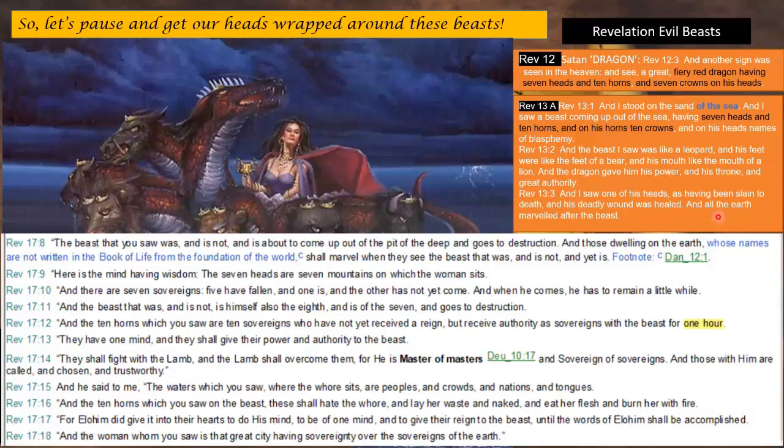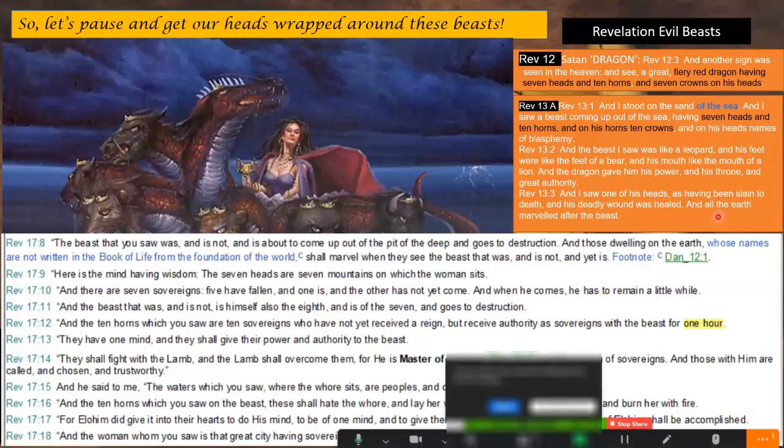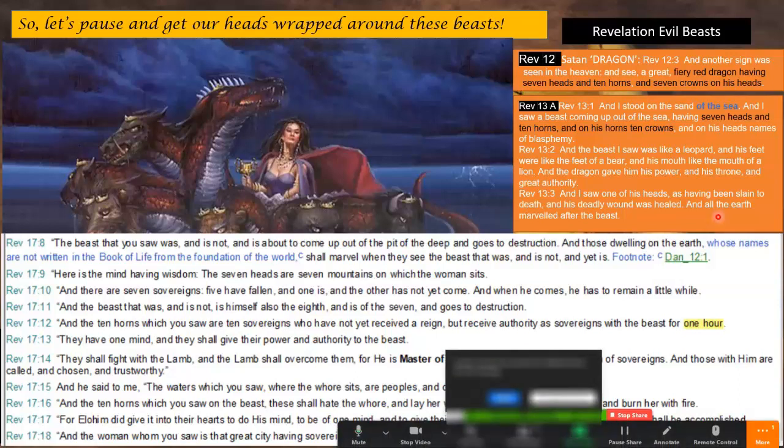But to break it down even more, the book of Revelation is the battle between good and evil, the battle between Yahusha HaMashiach and Satan, and we know that Yahusha has already given us victory. So in Revelation 17, trying to get our head wrapped around these beast kingdoms,